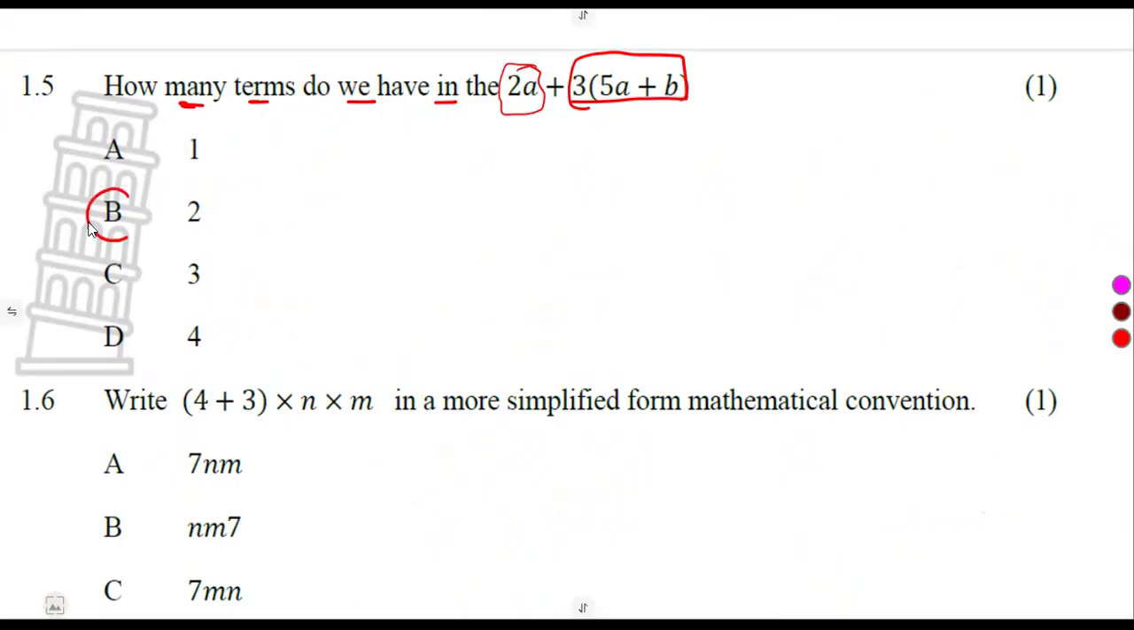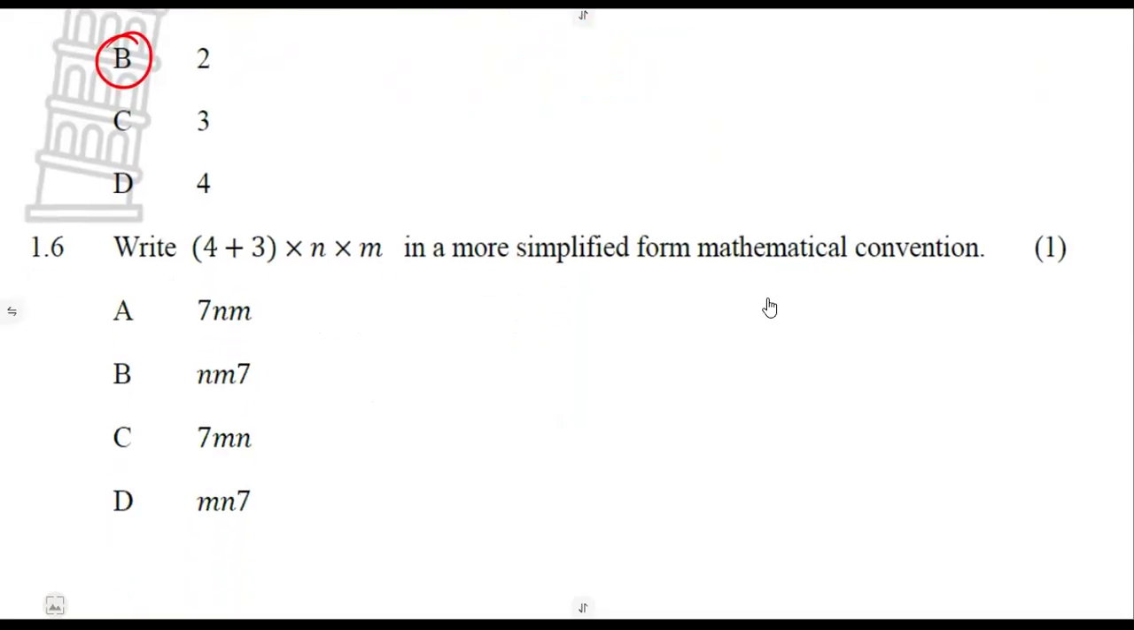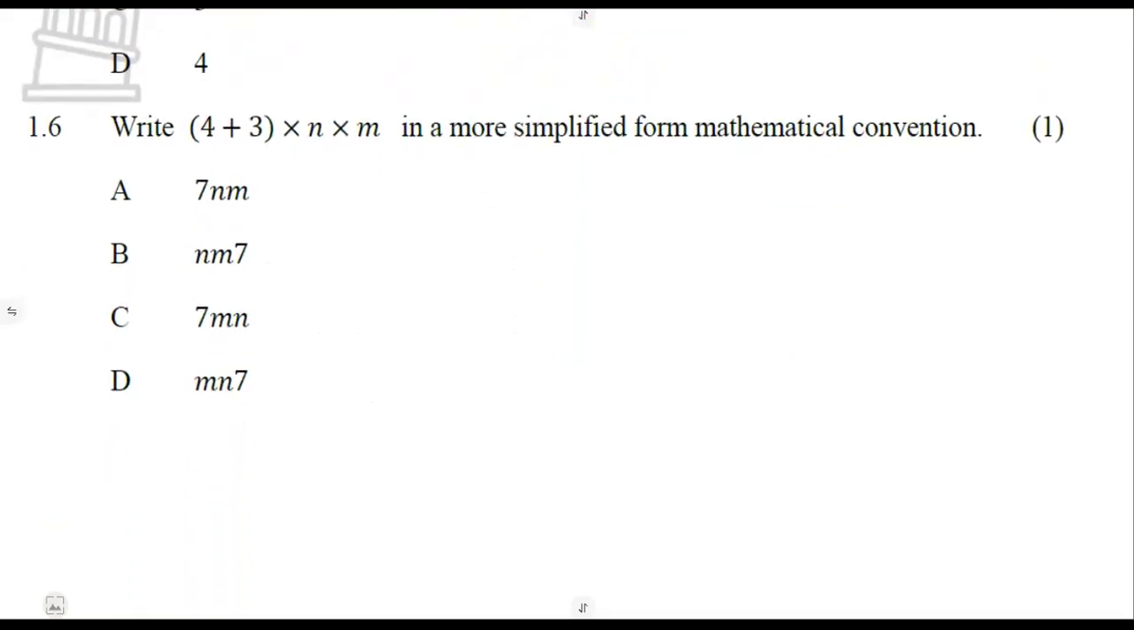So meaning to say we've got two terms. Yes, we can even expand the brackets, then simplify. We'll see that at the end, you were still going to have two terms. So the correct answer was going to be B. All right, 1.6,